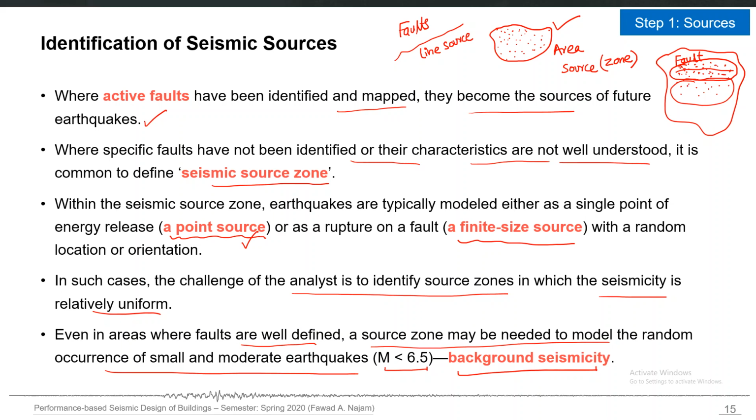Generally, a threshold magnitude value, for example greater than 6.5, is used to segregate the historical earthquakes into two parts. The ones which will be having a magnitude more than 6.5, they will be attributed to that particular fault. They will be used for the modeling of that fault in the PSHA process, while those having magnitudes less than that threshold magnitude, they will be included in the area source and they will be considered the background seismicity. This way you define the seismic sources, and then you use the historical data to model those seismic sources